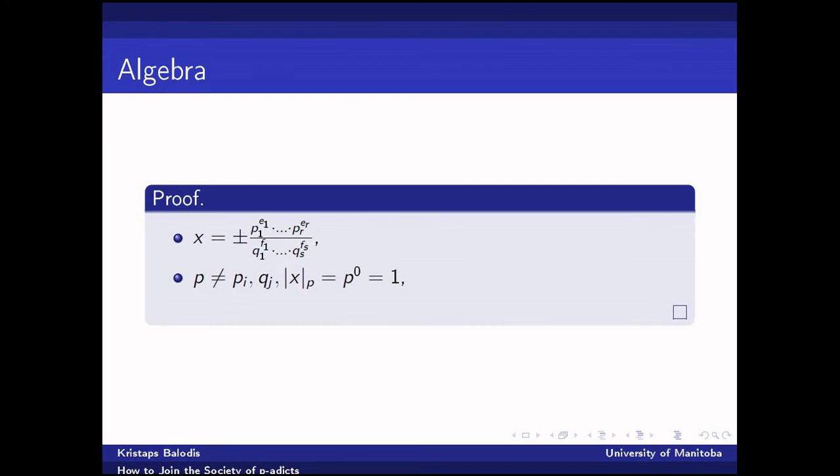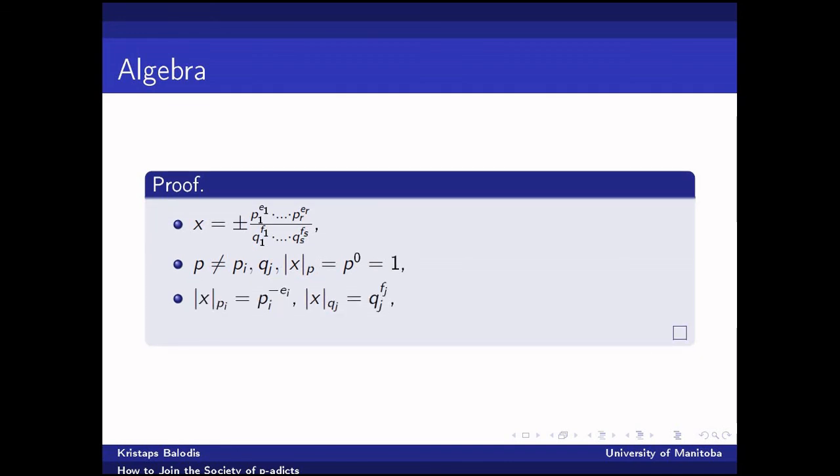And suppose we've got some prime which is not equal to any of the p sub i or q sub j. Well, in that case, the p-adic valuation of x is going to be p to the 0, which is just 1. So if we think about this in terms of the infinite product, this is saying all the primes that aren't involved in the numerator or denominator are all just going to be equal to 1, which means that almost every term, which is to say all but finitely many terms, are equal to 1. And so they really have no bearing on what the product comes out to, and we can see that definitely this will converge, even though it's an infinite product.